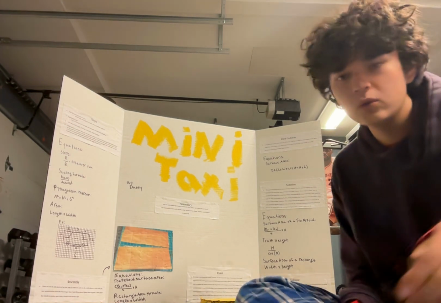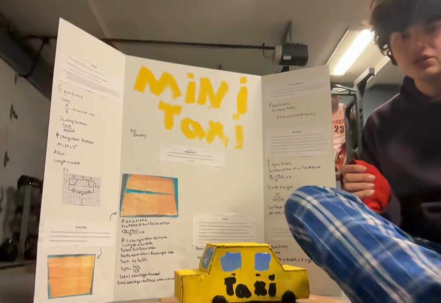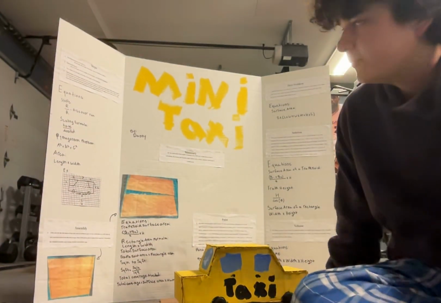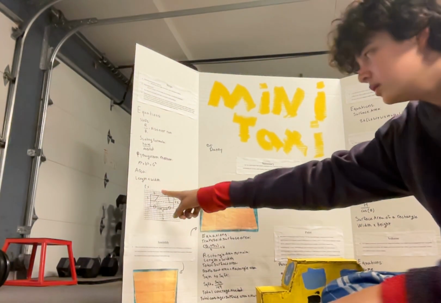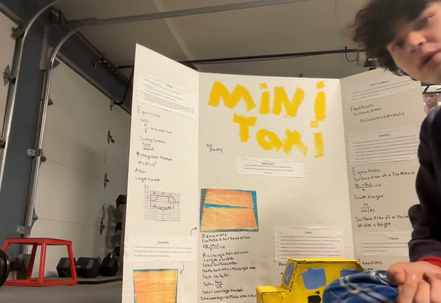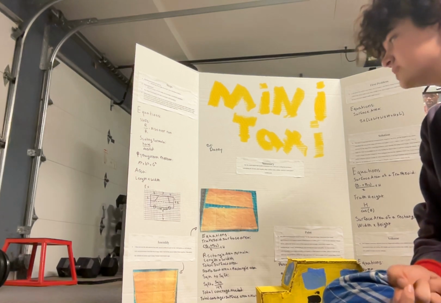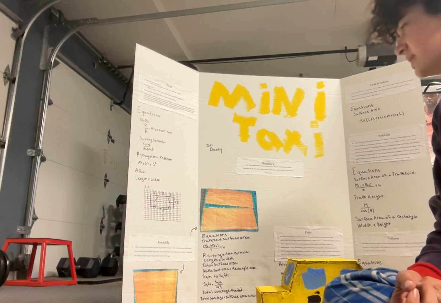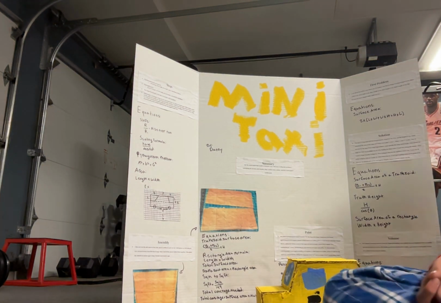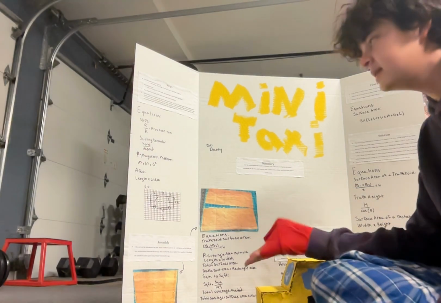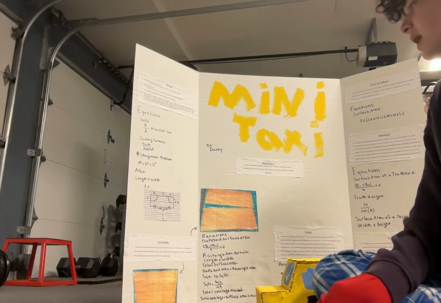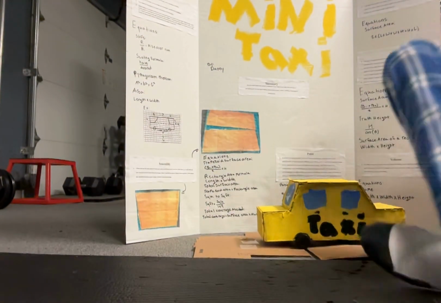To map out what I wanted to do for my taxi, I used graph paper. I counted one square as 1 inch and mapped out 6 inches in height, 16 inches in length, and 10 inches in wheelbase. I obviously couldn't use width because it's 2D. And because taxis have a front and back window,